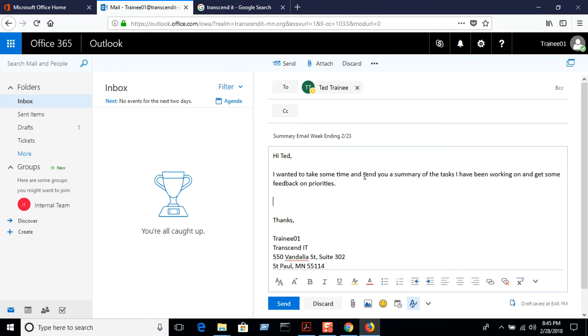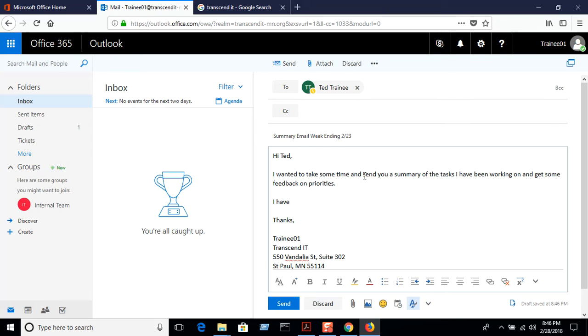Now this sounds like a super simple thing, but it's really important to keep your manager up to speed on what you're doing, and also the manager really should give you your priorities. Especially as a help desk or service desk person, you shouldn't just come up with your own priorities, because your manager is the person that has to make sure the tasks you're working on are the appropriate ones. If there are too many tasks to work on, you need to let them know: hey, I've got all these tasks, which ones are the priorities, or the most important ones? So you can say,